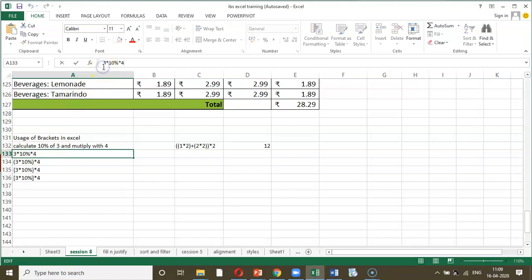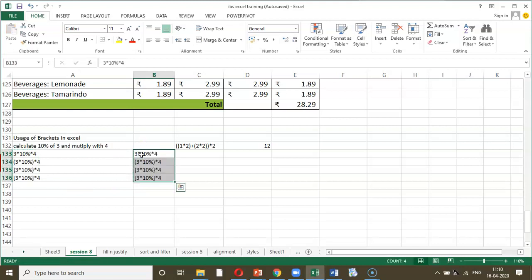So this formula gets activated only when I use the equal to sign. So let us start and understand one by one. I am prefixing with equal to, and if you observe it says 1.2. So I have not used any bracket and the answer may differ. Let us check it later. And if I use a bracket here, let me use a bracket.